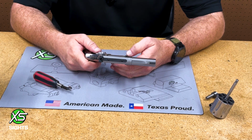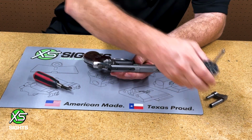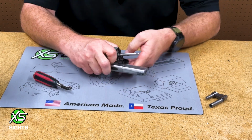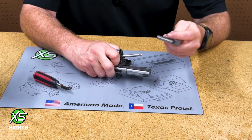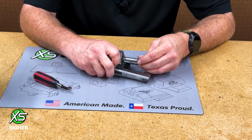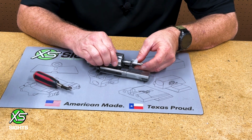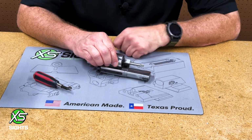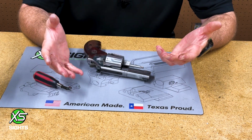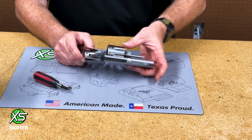All right, we're back over here on the bench. We're going to put our revolver back together. So first thing I'm going to do, grab my cylinder and get it kind of lined up. I'm going to take my crane, get it started. All right, now I'm going to hold the cylinder static, install the crane. What works for me, because I'm not three-handed and I'm not the most coordinated person in the world, I'm going to go ahead,